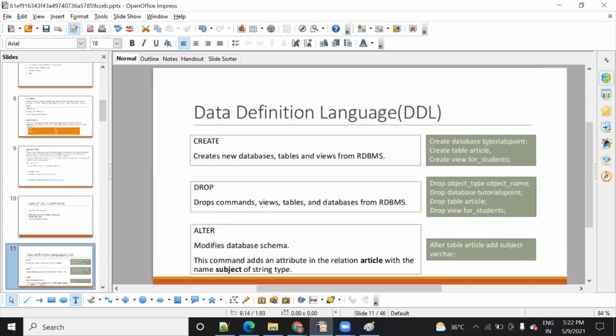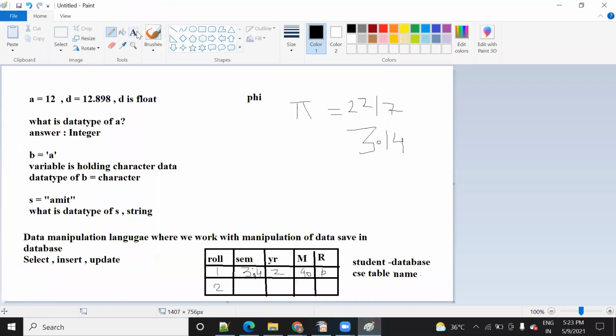Like suppose you want to add tutorial points, CSE, Gitam University or VTU University, NIT, IIT, or anything, any database that you want, you can edit here.